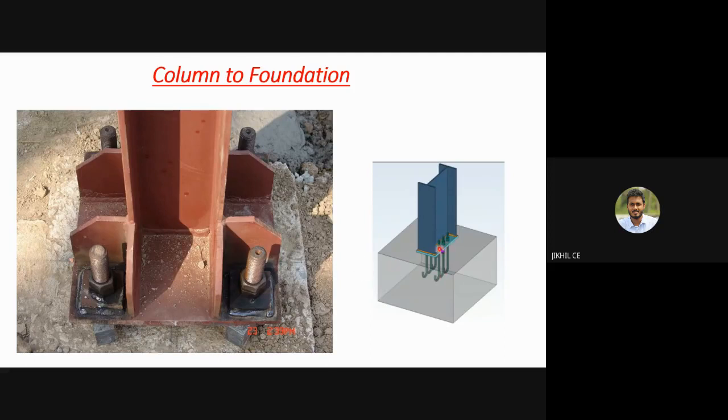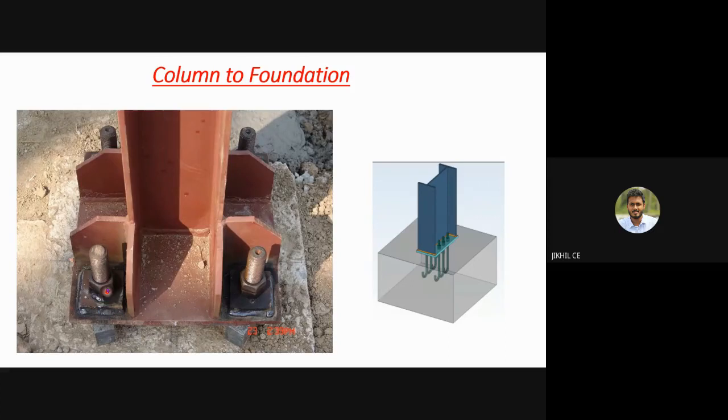Another way, okay, in this main figure, you can see this is a column, and you have the plate welded to the column, and these are some stiffeners. These stiffeners are provided to avoid the bending of this plate. To avoid the bending of this plate, we are providing this type of stiffener.